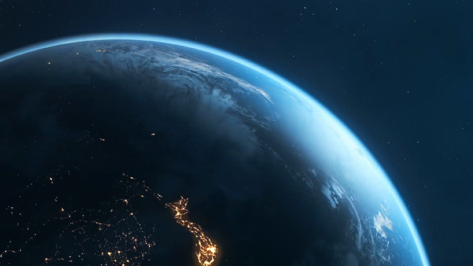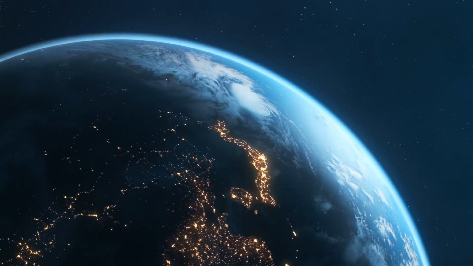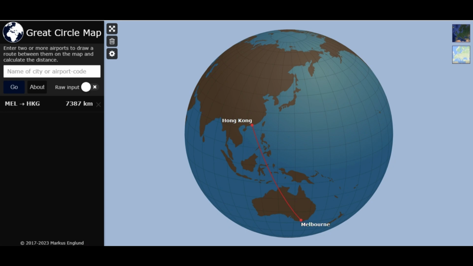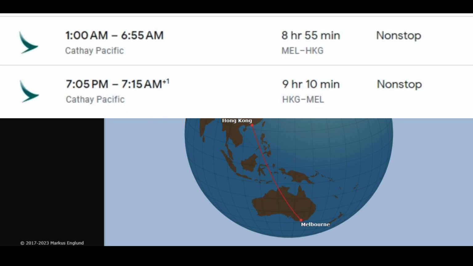So for some differences, we'll go north-south instead of east-west this time. Now, the east-west flights are often battling prevailing headwinds going west, and they get a tailwind to the east, and that's why there's a bit of a time difference one way versus the other. North-south, you don't really have that, so we'll go to Melbourne, Hong Kong, about 8,100 kilometres, where we have about the same time going one way or the other, and resulting in about an 890 kilometre an hour average.